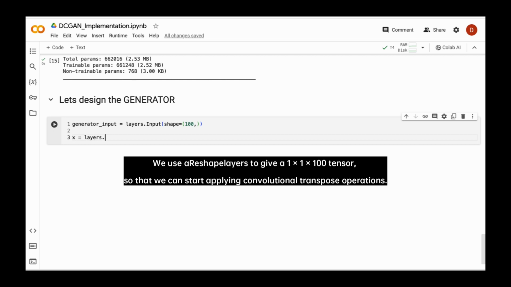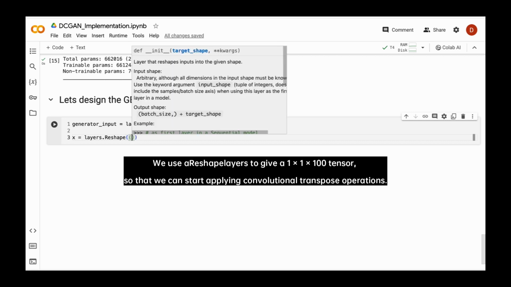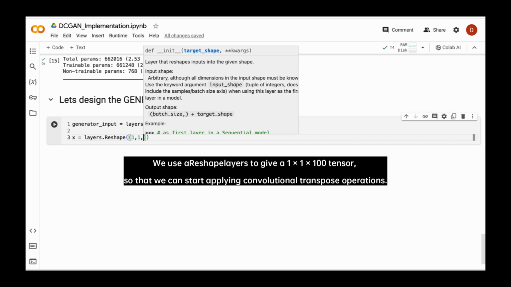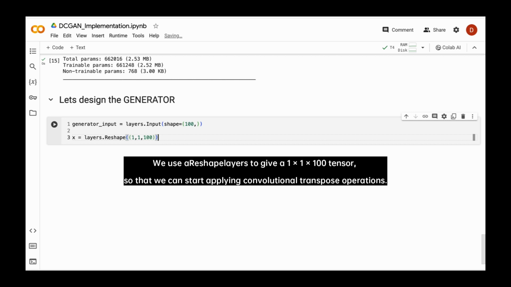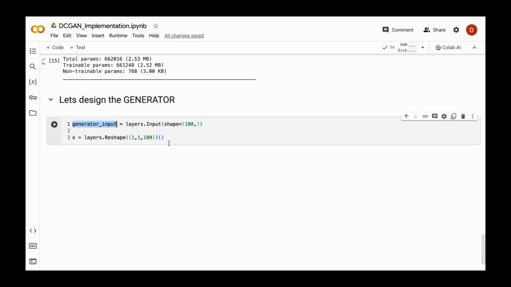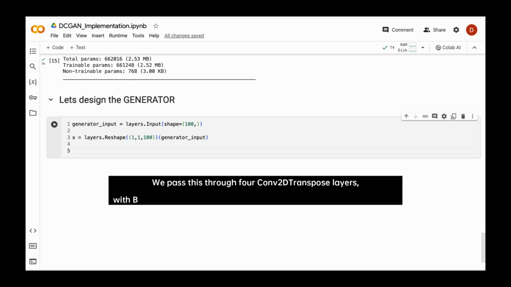So layers dot reshape, 1 cross 1 cross 100, and then the input will be generator input. Now we will pass this through 4 convolutional 2D transpose layers with batch normalization and leaky ReLU layers sandwiched between them, as we have done in the